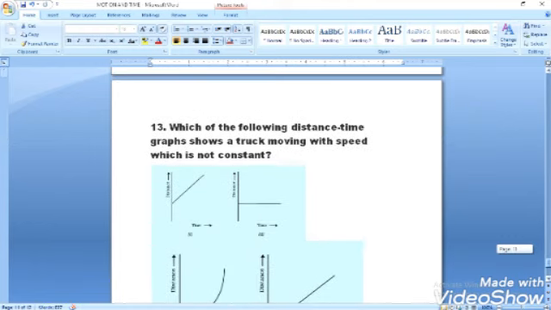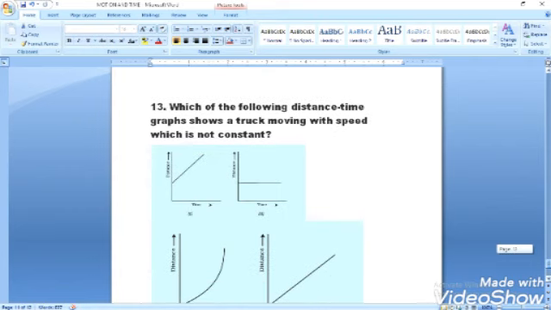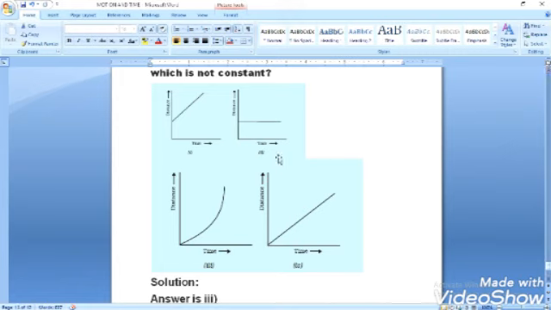Next question, which of the following distance time graphs shows a truck moving with a speed which is not constant? So when we check the first, this is a straight line, so it is a constant speed, and the second also shows the truck is not moving. Okay, then the fourth one is also a straight line, so it is also constant, but the third graph is not straight, so it is not constant. So the answer is the third